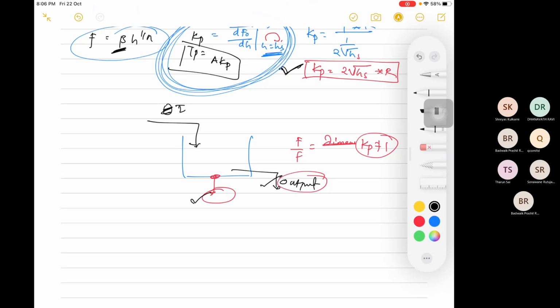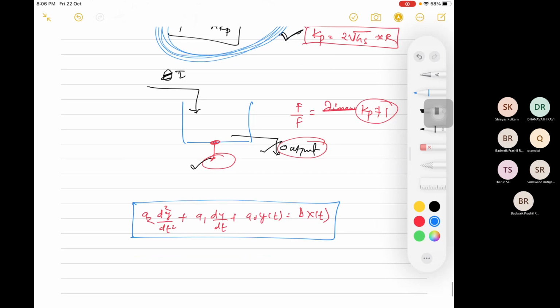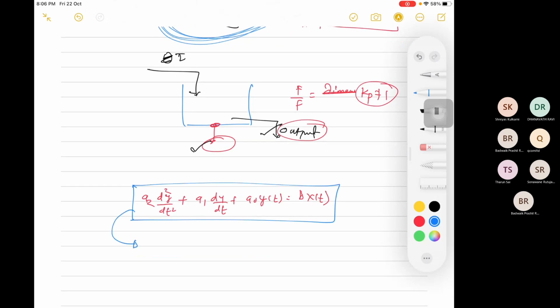Second order and higher order systems. So it is similar. Okay, you try to find out this. Your general equation will be a2 d2y divided by dt2 plus a1 dy by dt plus a naught into y of t is equal to b into x of t. So you compare everything with this, and you will get the transfer function. Just briefing, it is Kp upon tau p square s square plus 2 zeta tau p s plus 1.